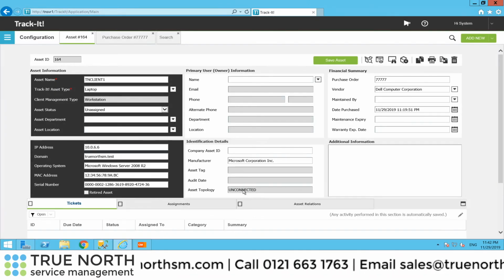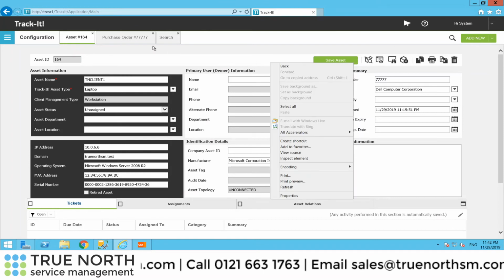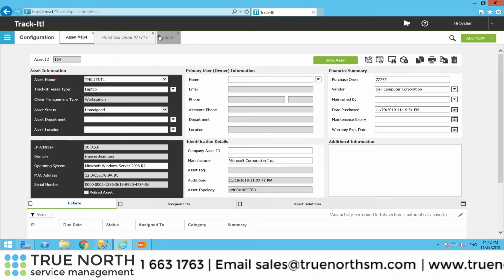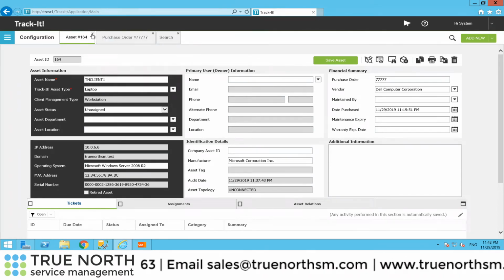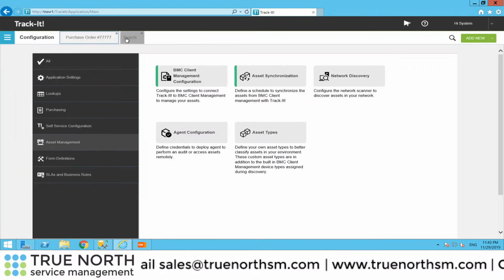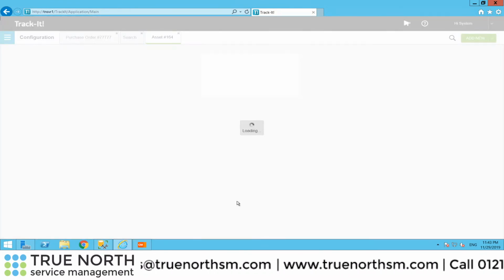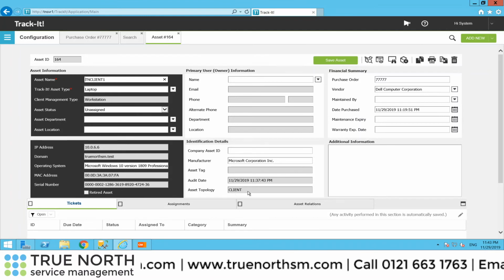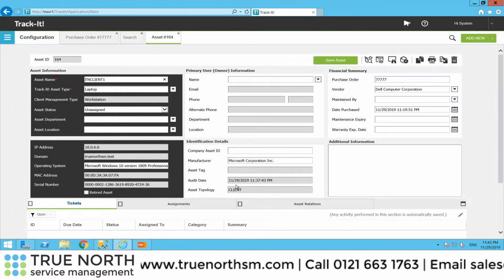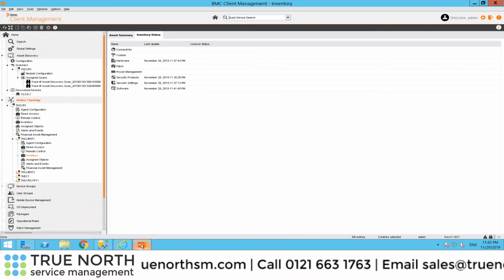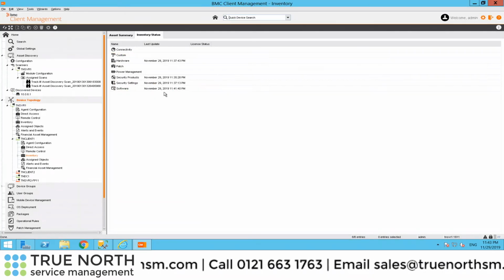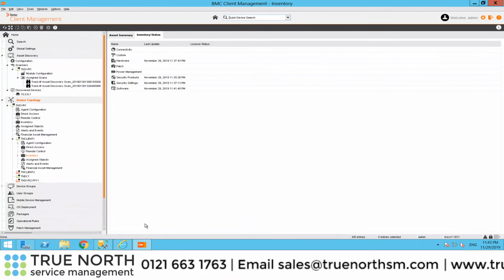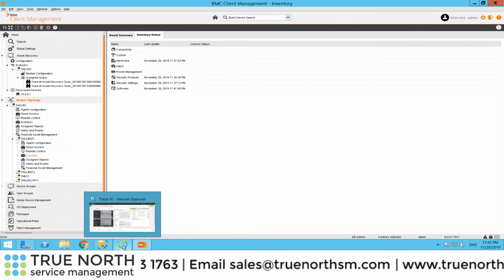Now I should be able to refresh this, and if we look at the unconnected, it should now be updated. Or let's go back out of the record and back in. It's probably the easiest way to do it. There we are. So now the ID has been updated as well, and we can see the audit date, and we can see it's a client in the topology. Software has been updated, and that is the process in order to create an asset